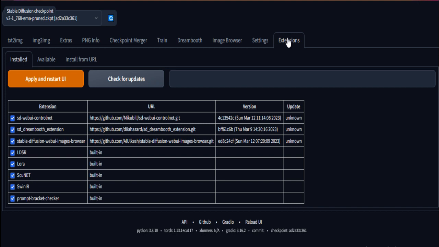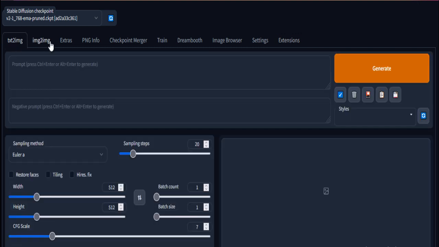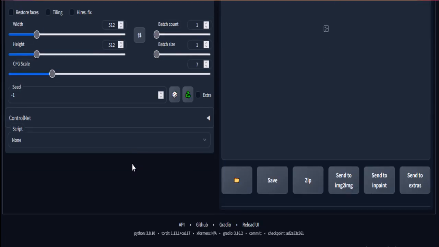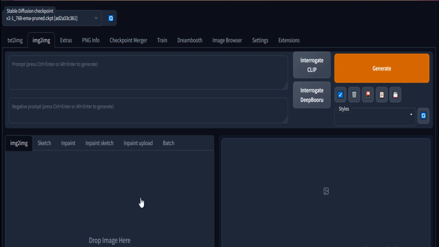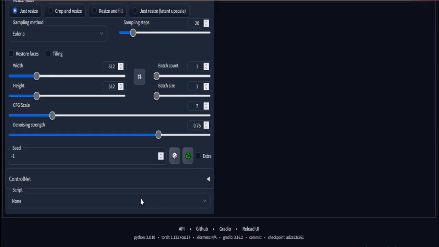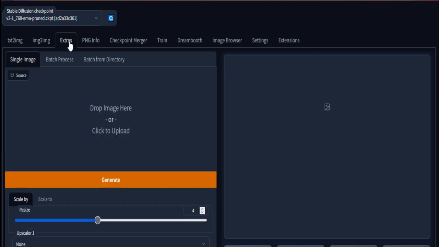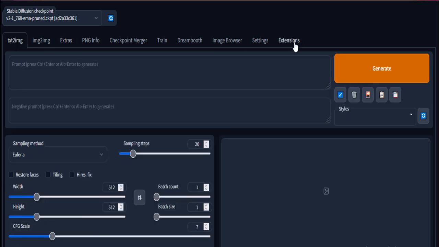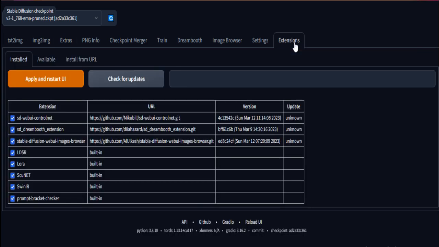Automatic1111 comes with vast options and tools for image processing, where users can generate detailed, photorealistic images conditioned on text descriptions, along with other features such as inpainting, outpainting, and generating image-to-image translations guided by a text prompt. However, there may be scenarios where users need to extend the functionality of these tools to meet specific needs or integrate with other tools. In those cases, extensions can help users customize the functionality of Automatic1111 and Stable Diffusion to